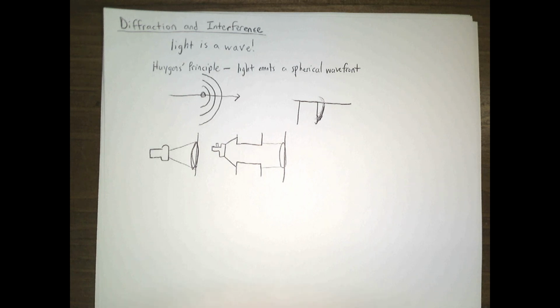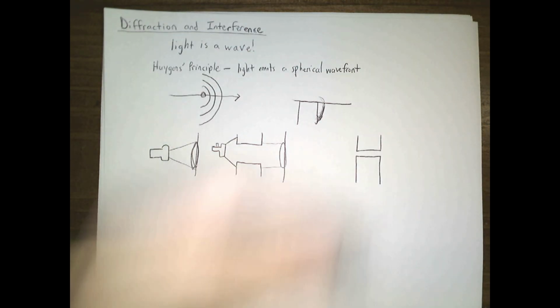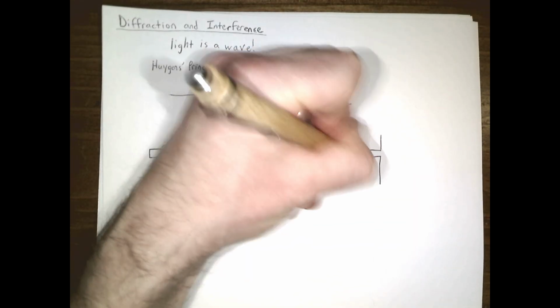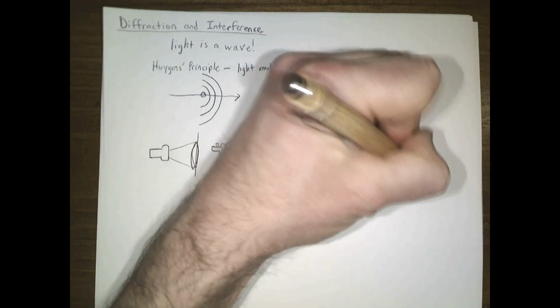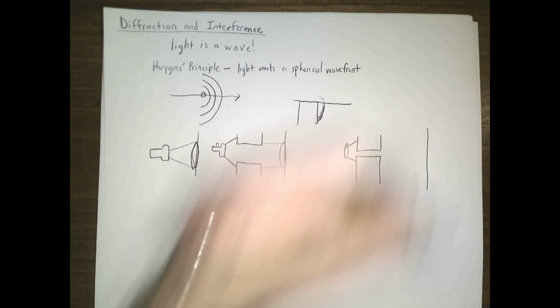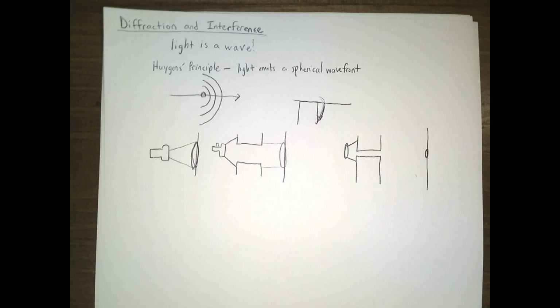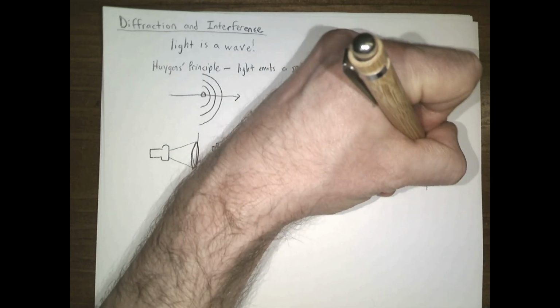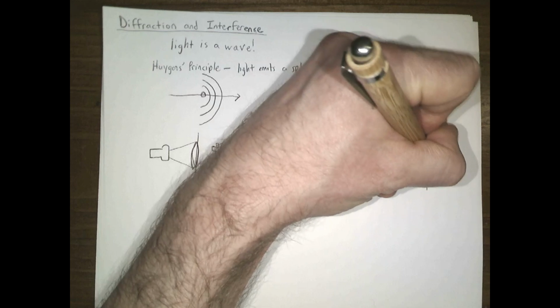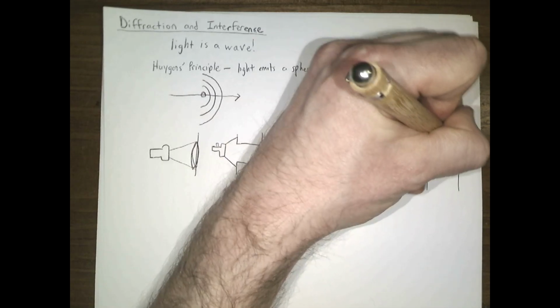That's not interesting. What is interesting is as we squeeze the size of that opening smaller and smaller and smaller, we shine our light here, only a little bit is going to go through. And so you might think, oh, we're just going to get a little tiny spot on the wall. But what we really get is, well, we do get a little tiny spot on the wall. But then we get a little band of darkness. And then another tiny spot above that. And then a little band of darkness below that. And so what we end up with is this pattern of alternating light and dark spots,